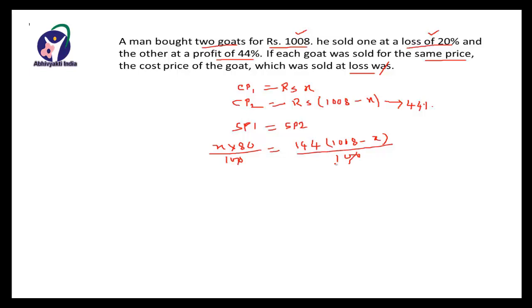This 100 and this 100 will get cancelled, and it will be 80X is equal to 144 into 1008, that will be equal to 1,45,152 minus 144 into X, that will be 144X. Now if you shift this 144X to the other side, it will be plus 144X and plus 80X, that will be equal to 224X,